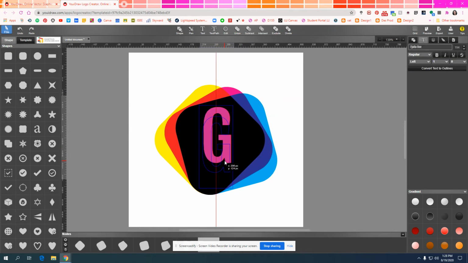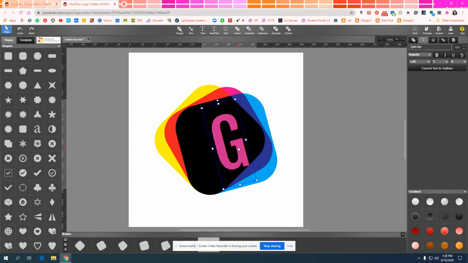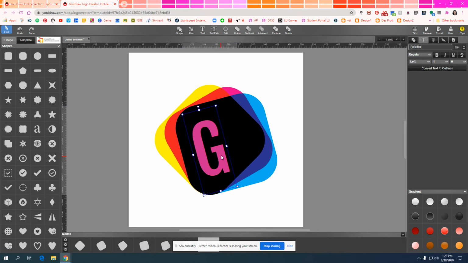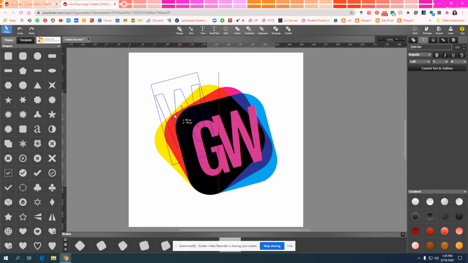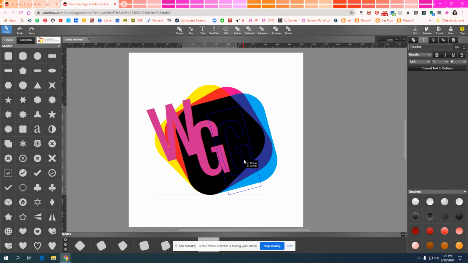Let's see how that looks here. If I want to rotate it, I can click above, or I get the curvy arrow and I can rotate. What I just did there was I copied it. So I'm going to Control C to copy, Control V to paste, and now I have a second G. Why? Because I think I'm going to play with a W. And I'm going to move around both of these and see how they look